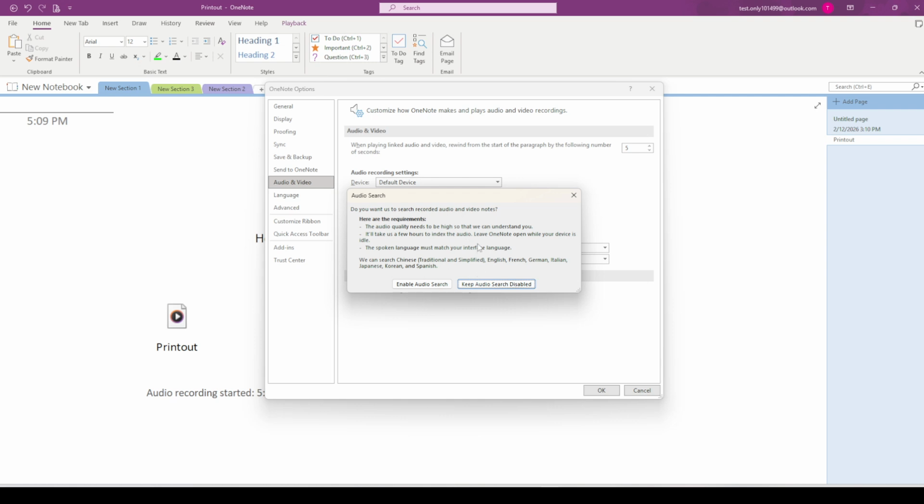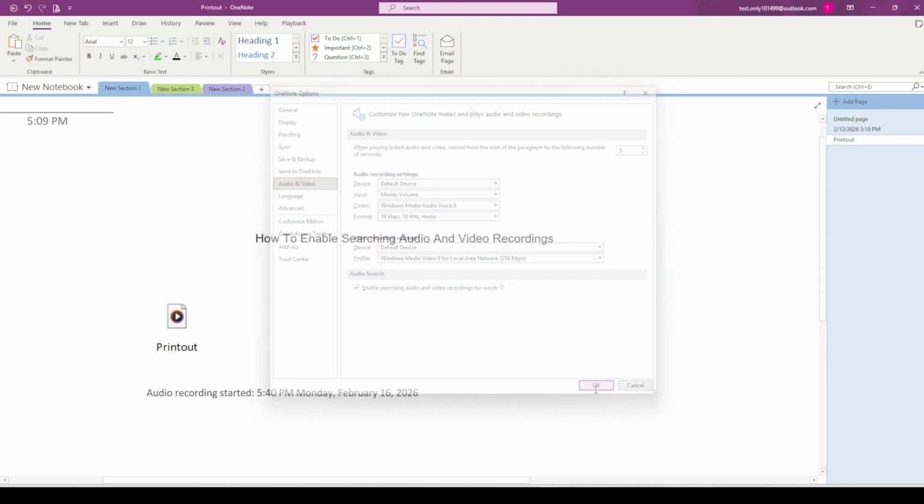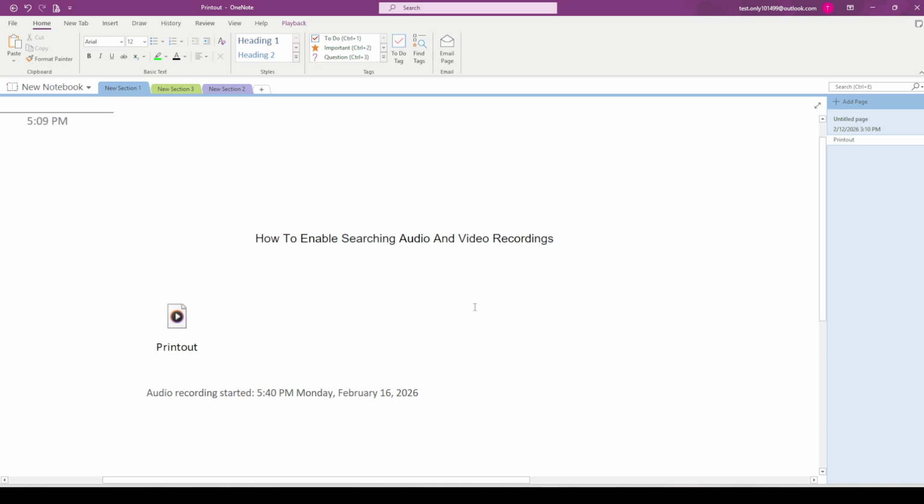Once this is enabled, OneNote begins analyzing your audio and video recordings in the background. It listens for spoken words and builds an index so that when you type a word into the search box, OneNote can point you to notes that include recordings where that word was said. It's especially useful for long lectures, interviews, or meeting notes where you remember a key term but not exactly when